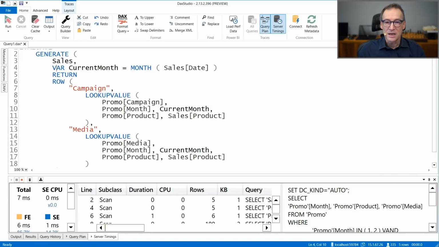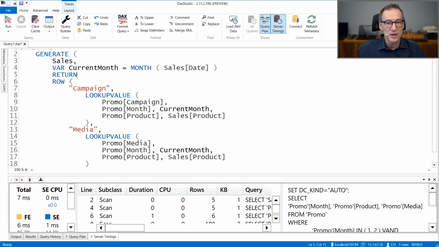I save the calculation of month only once, but I still have lookup value twice. I don't want to have lookup value twice, so I need a different idea. What I can do is use this as a condition in calculate and retrieve the values of the promo campaign and the promo media. So I apply the filter only once and I use values to retrieve those values.